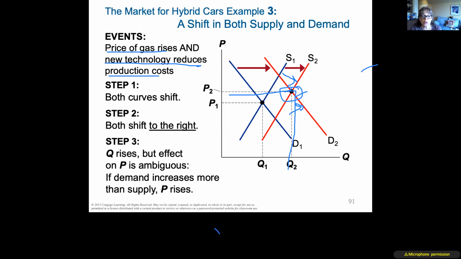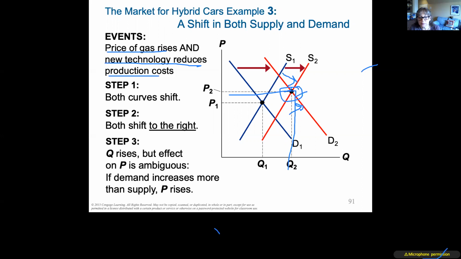So quantity is going to rise. And the price did increase, but very small. So if the demand increases more than the supply, then the price will rise. But if the demand doesn't increase more than the supply, then you could actually have your price stay the same and quantity go up. In this particular case, you can see that we have made the price go up because